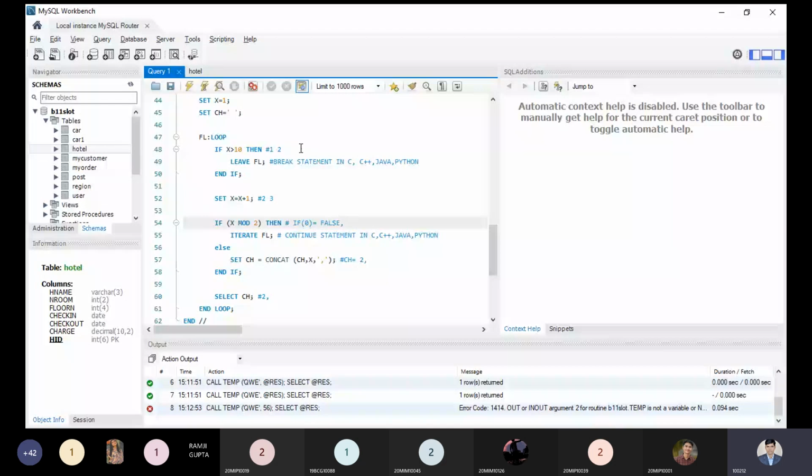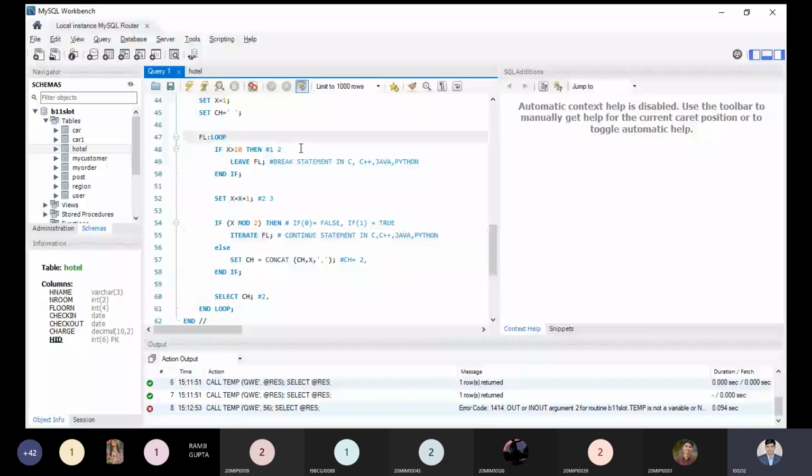Condition will be true. It means the loop will continue, so the rest of the statements of this iteration will not be executed. Now my control will move to the condition part, that is 3 is greater than 10. The condition is false, so the loop will not break. Now here the increment will be done. So 3 plus 1 will be 4.